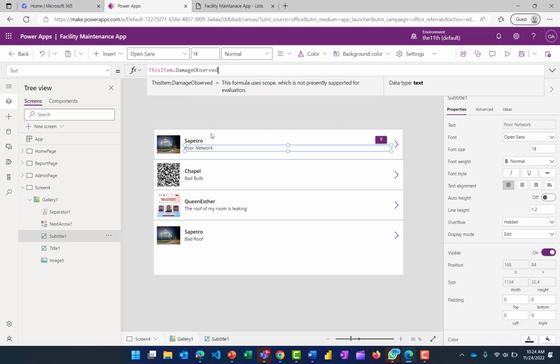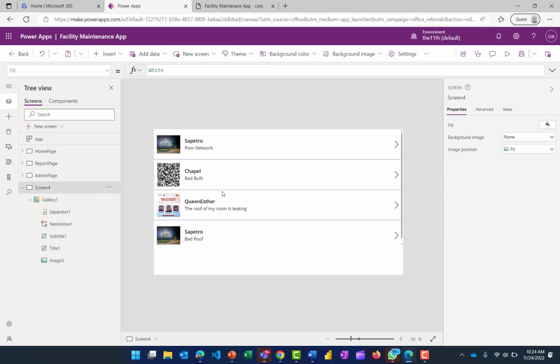So we can see right on this gallery: Sapetro, poor network, Chapel, bad bulb, Queen Esther, the roof of my room is leaking. The next thing that we want to do is connect this gallery to our admin form, the form on our admin page. So when Sapetro is selected,